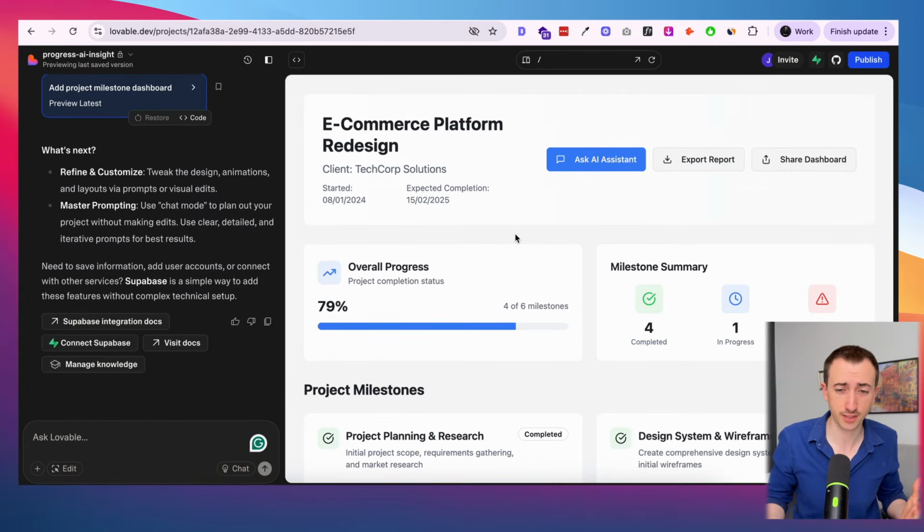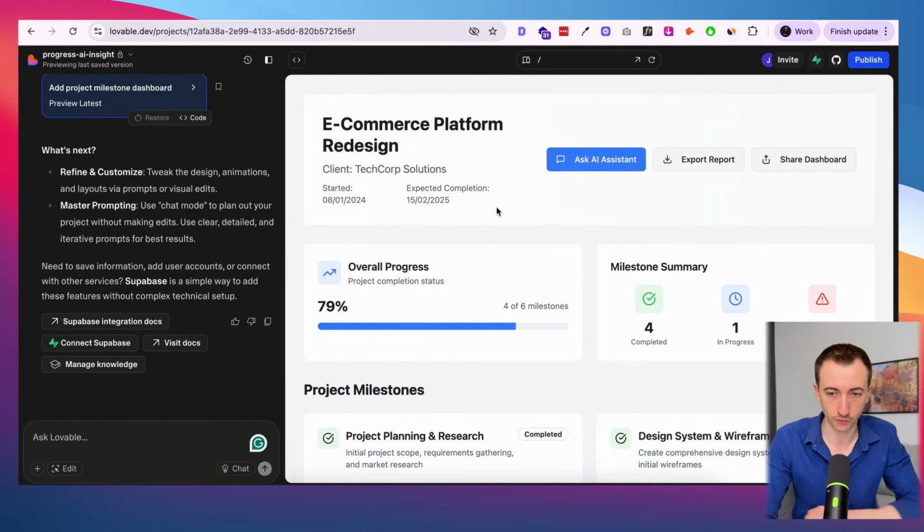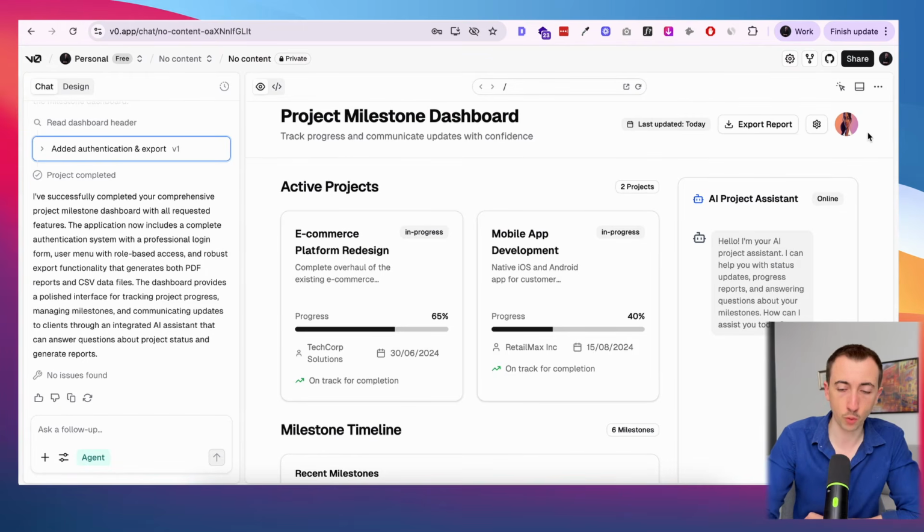And that's usually the experience that you get with Lovable, which is that it's going to give you a great UI, but then you're going to have to spend quite a bit of time prompting for the functionality, the database, and all of the things that make this work to put it all together and actually have the things that you had in mind. Now, back to V0, we already have the database set up with Supabase, and we have